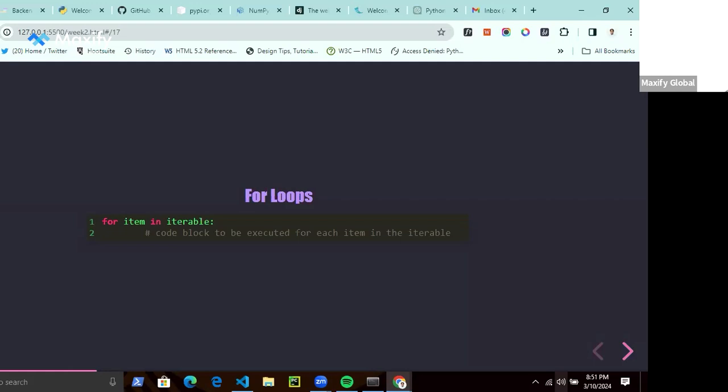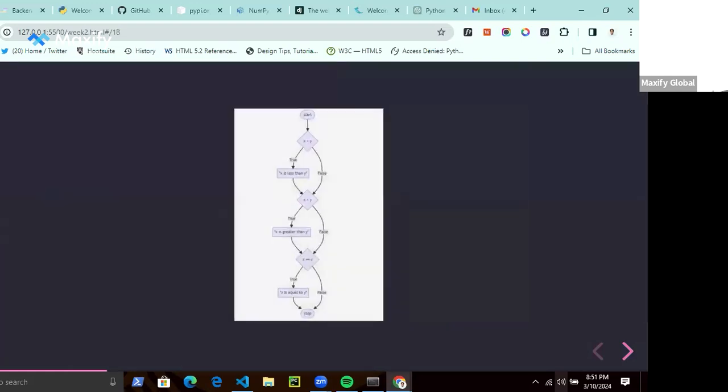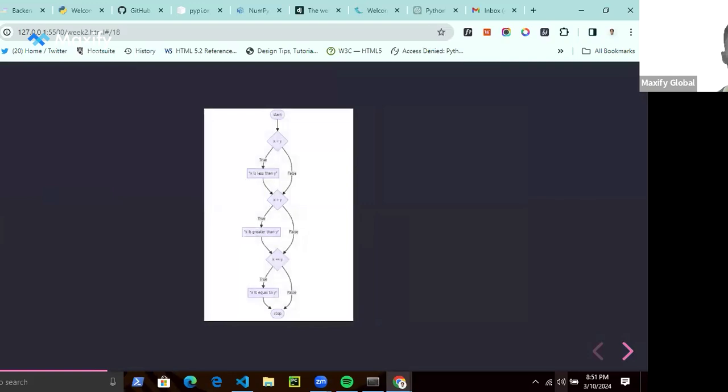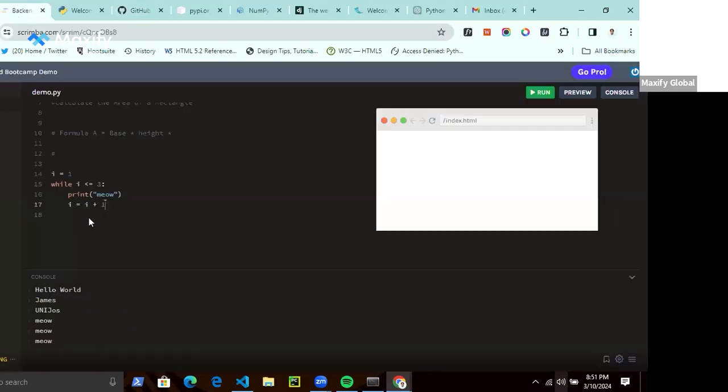So this is the syntax for the for loop. And this diagram tries to explain what the loop does. So I'm going to actually start by creating my list.